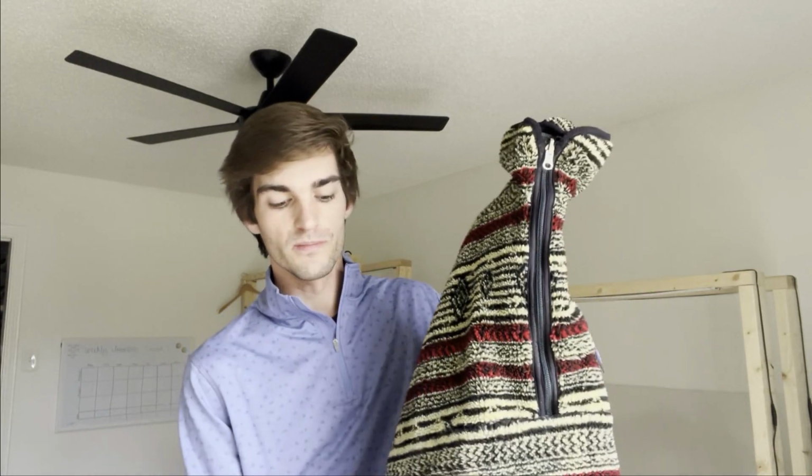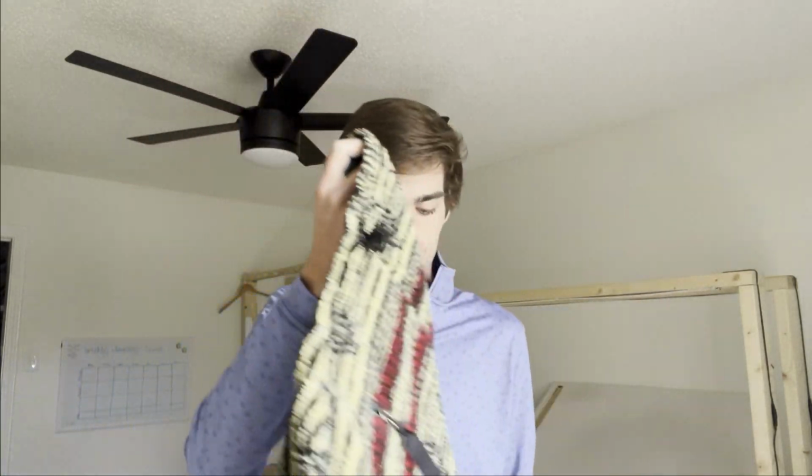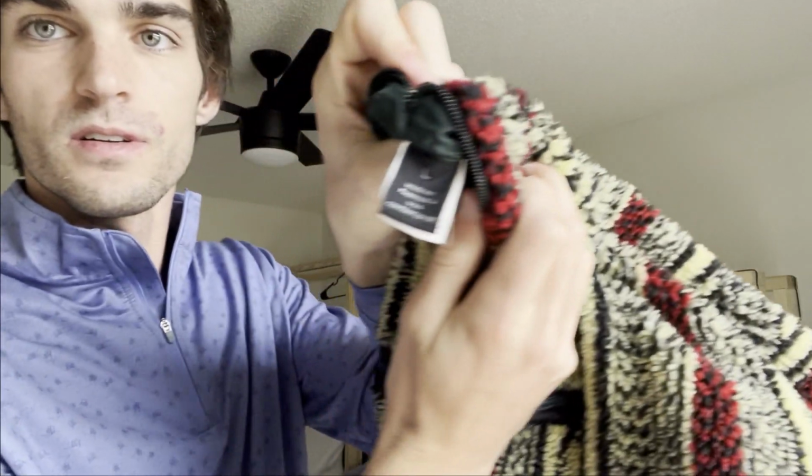But the thing that gave it away to me was it being reversible was a huge thing, but also this nylon material looked really old. I mean, it looked really old. And so I started scouring the whole item for a tag because I was hoping that it was made in the USA. And in this pocket was where the tag was, and in here, clear as day, made in USA. And so what I thought was that this item might be worth $200 to $300,